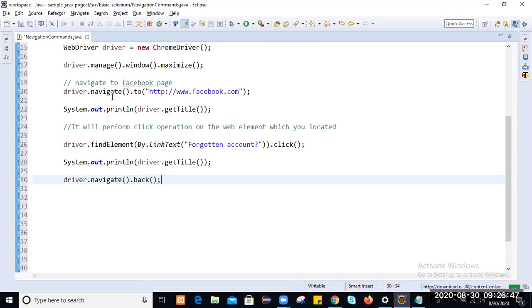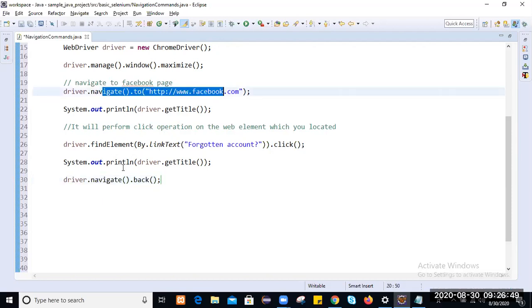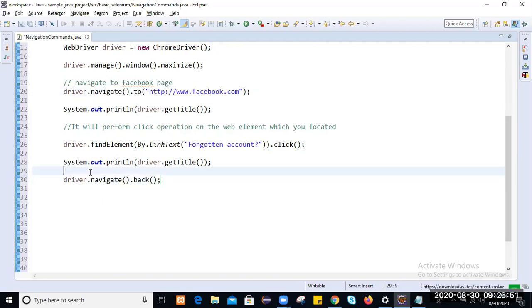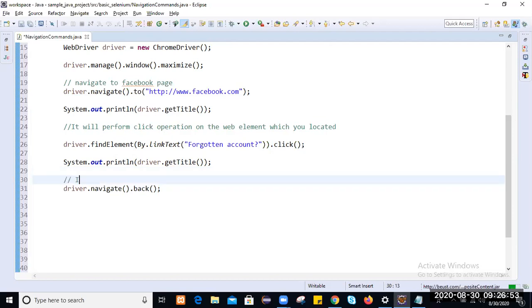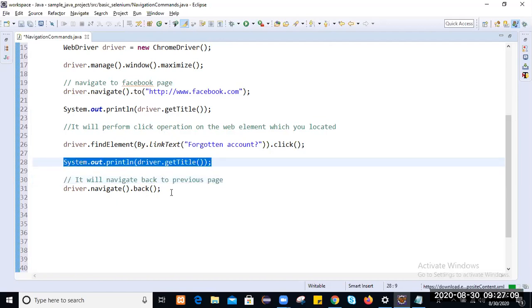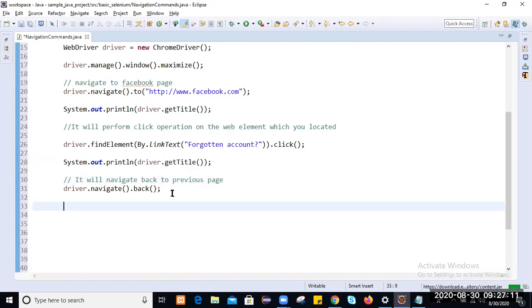It will navigate to Facebook. When you use the back method, it will navigate back to the previous page. Once you are on the previous page, again retrieve the title. Then navigate forward.